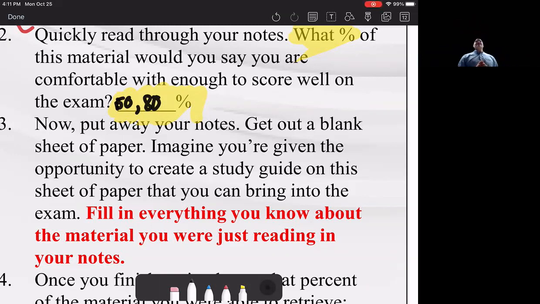As you can tell, this is going to be tough. So, blank sheet, imagine that in this exam, for whatever class you are doing, you have a blank sheet for that whole section that you can bring into the exam. And you just get to bring it right in. Get everything you can onto that paper. Everything you can get from your brain, put it down. Because the more you can put down right now, the more you're going to have on that exam, right? And that's kind of the scenario.